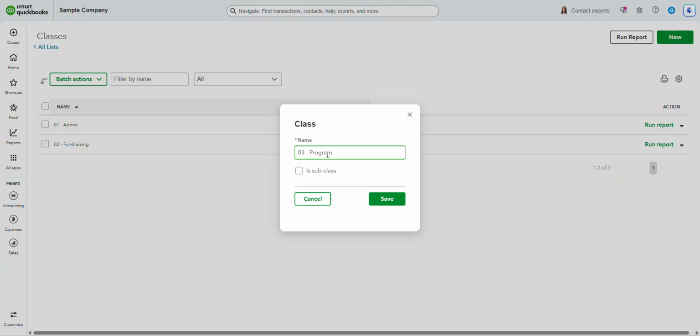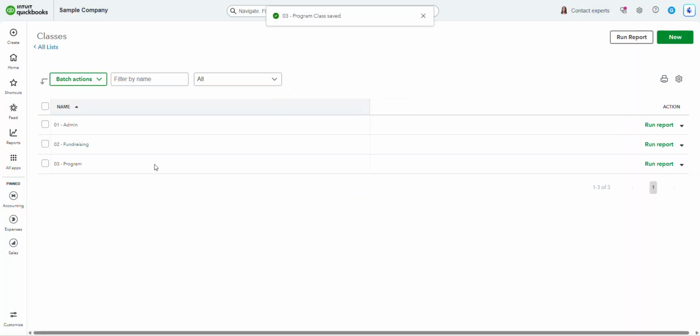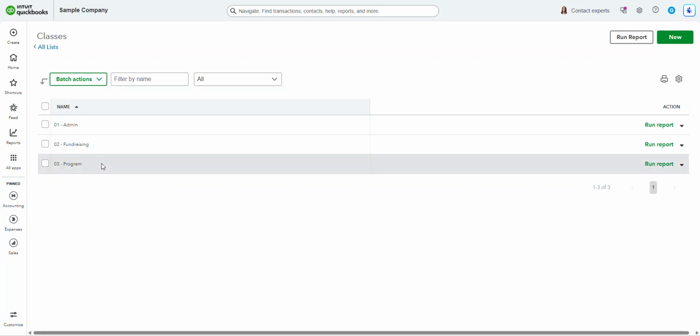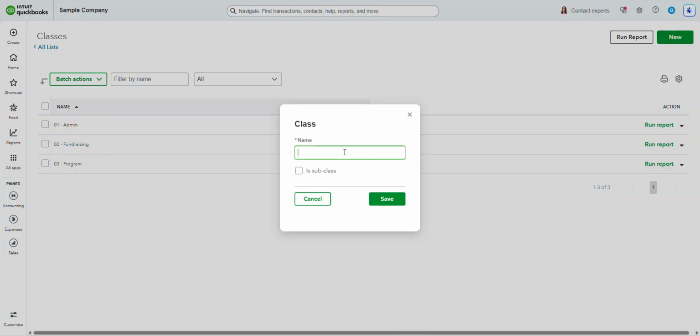So if we stop here for a second, these are the 3 classes that you need to break up when you're filling out your 990. So these are a nice 3 classes to have in any event. But one of the things that you can do here is now that we have these 3, we can make classes within these to give ourselves some more detail. If we're just running one program, then this is all we need. But if we want another one, I can do one more here,